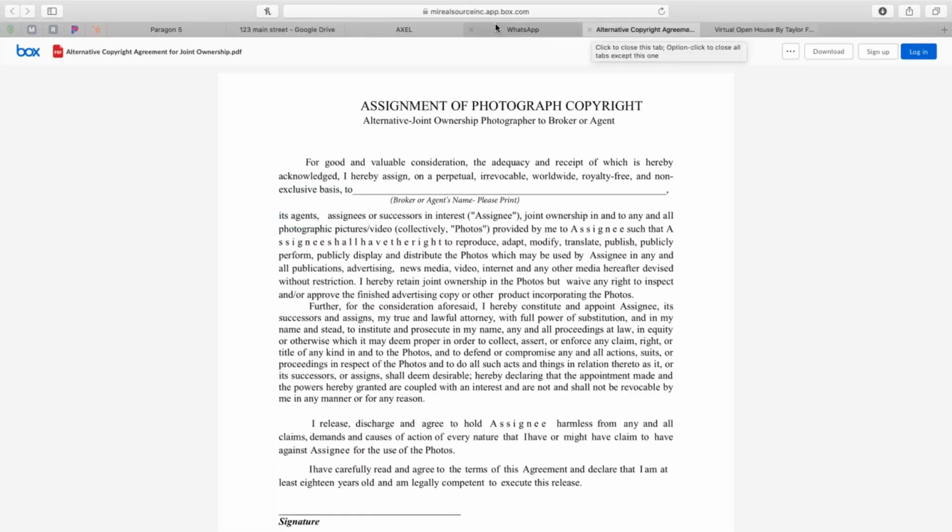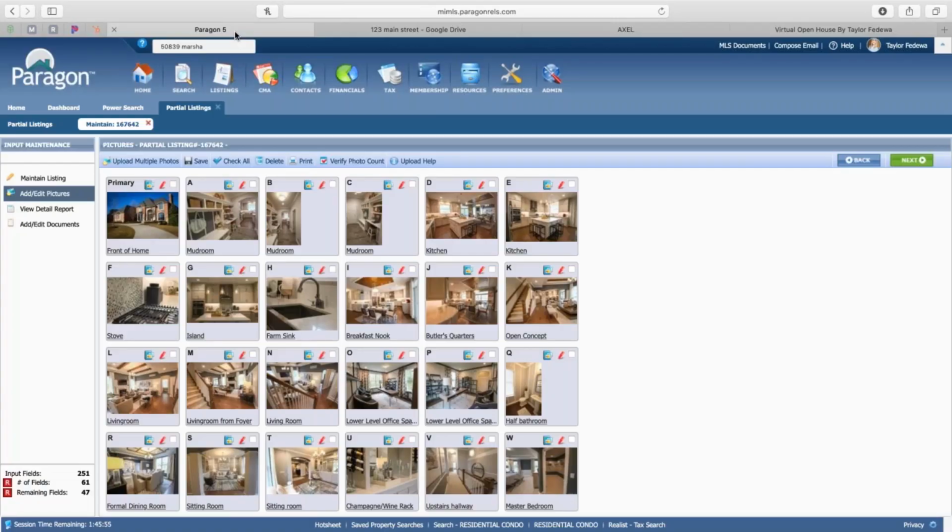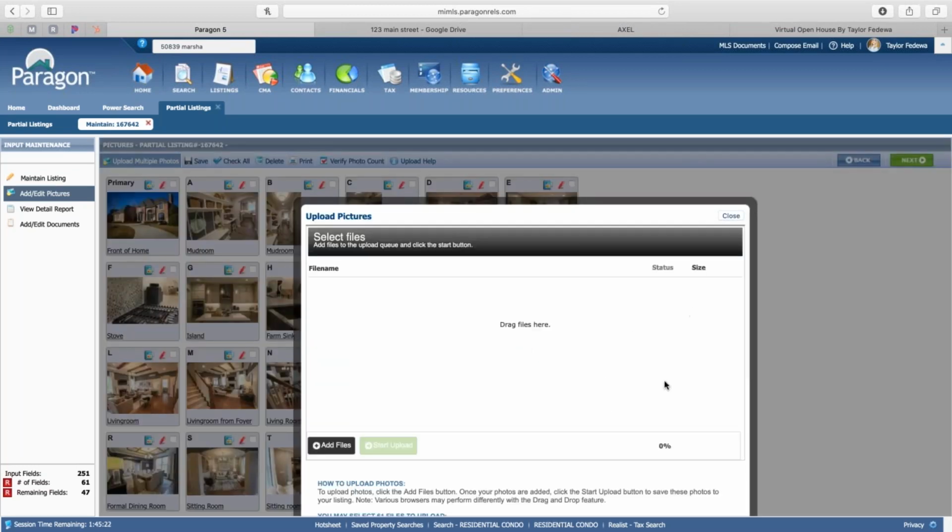So since we've covered how to get the photos from A to B, let's go into coaching your sellers on taking photos and tours. Some tips that I have for you will be in a checklist, which we'll go over. But as an agent, it's really important for you to utilize the captions and descriptions feature more than ever. I've always preached this in my photos classes, of course, but now it's very important. This is your selling feature. These are the descriptions that help them imagine living there. So when you maintain your listing, you can upload 69 photos at a time,